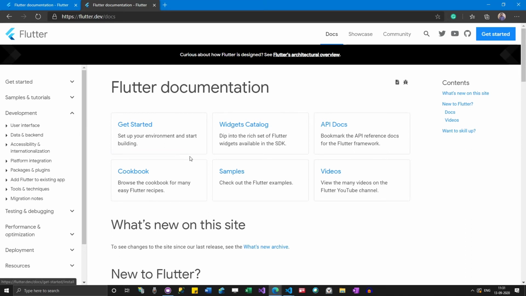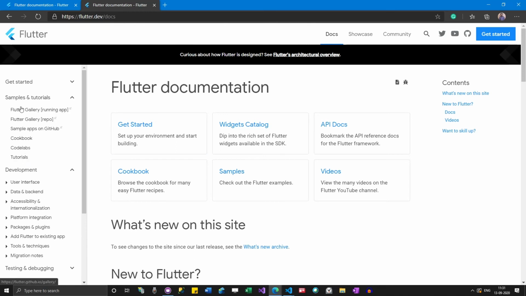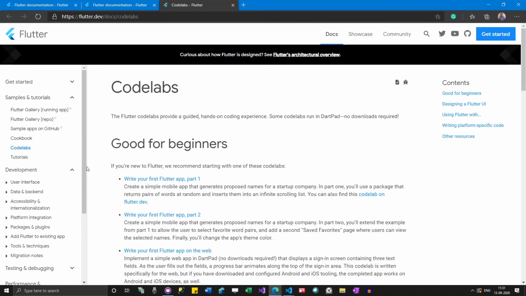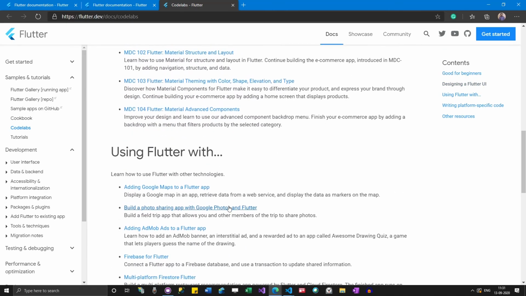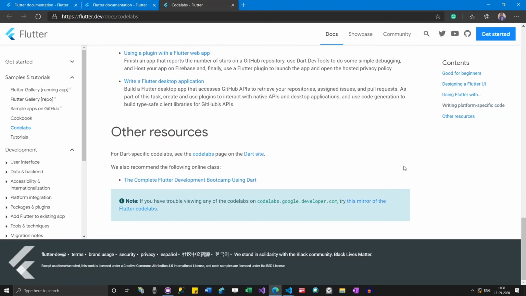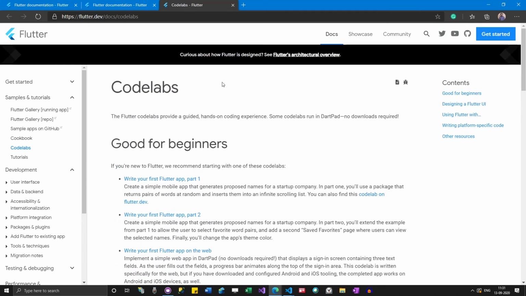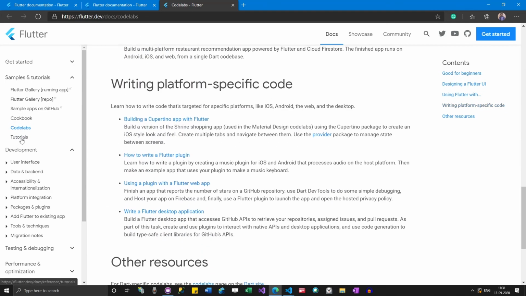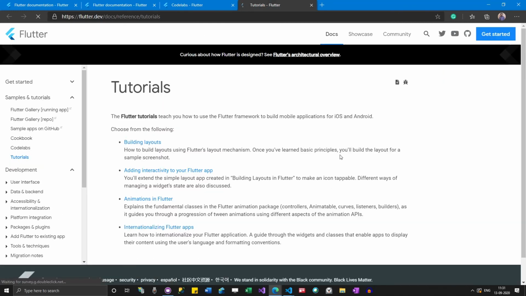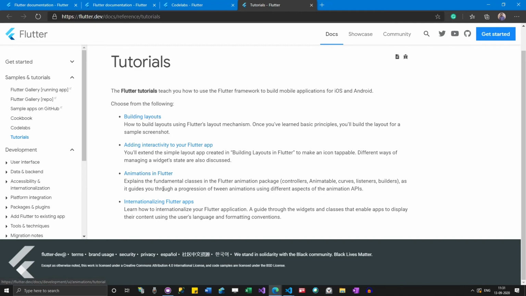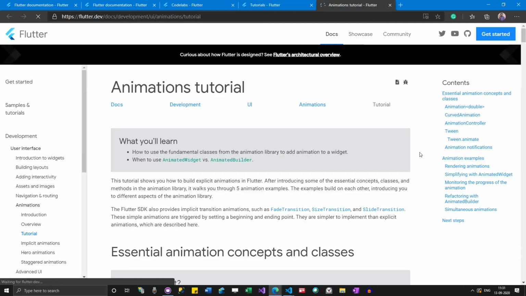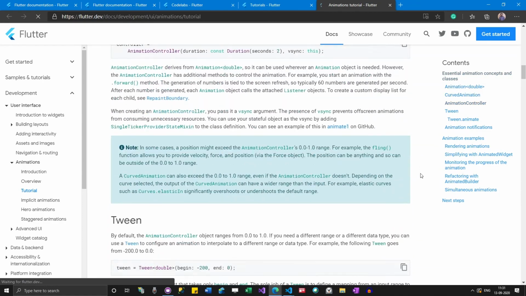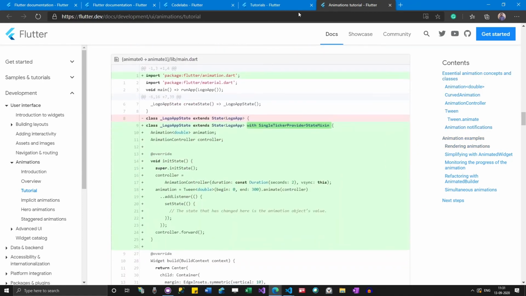Okay, so about the sources, right? Here you can see there are sample tutorials, and code labs available over here, where they give step by step instructions. This has some good Firebase examples which you can try. And then let me see what this tutorials section is. In these tutorials, animations in Flutter is something which is really great. This is something you can check.